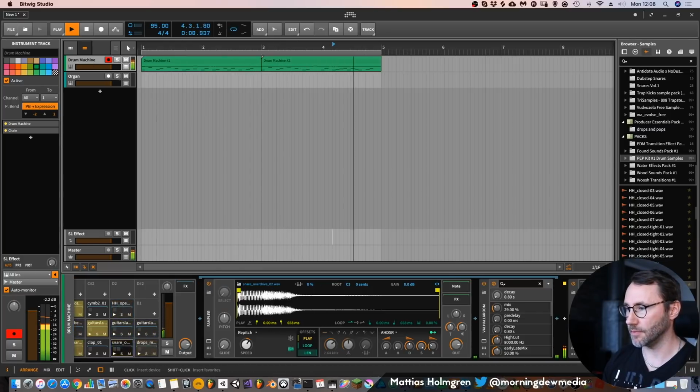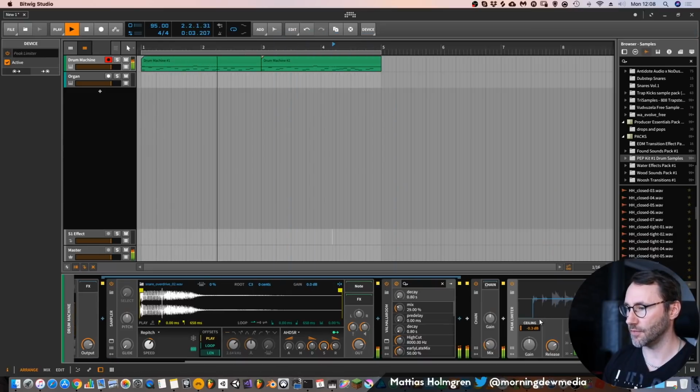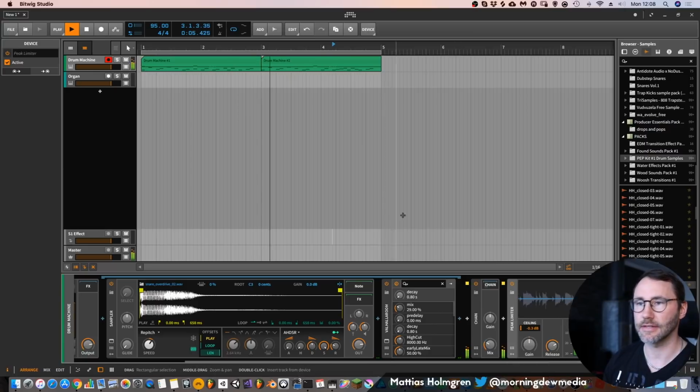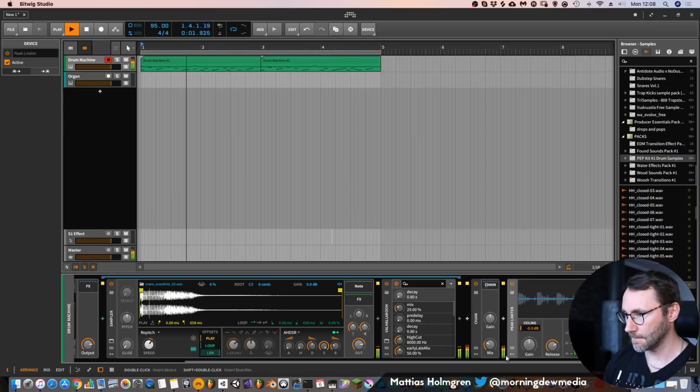And then we probably also want a peak limiter at the end of this chain to see where we have the top peaks of the kit. Seems fine.